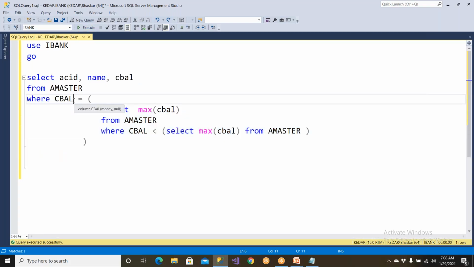So this is the outer query. The outer query has one more subquery, and this is again a subquery. This is having one more subquery. Like that, one query can call one more query. That query can call one more query. That query can call one more query. Like that,